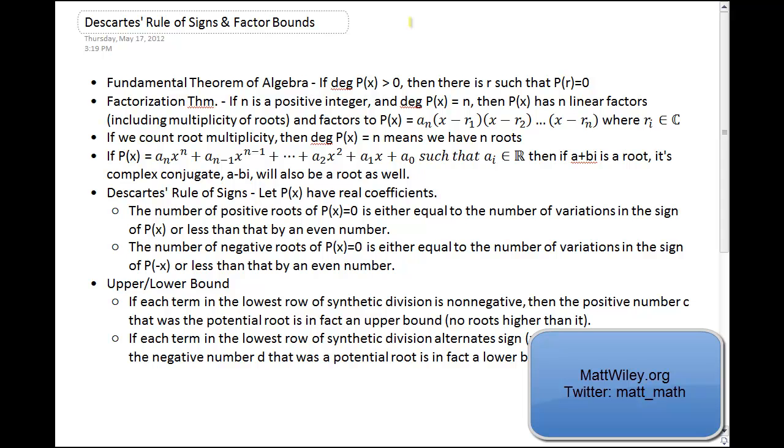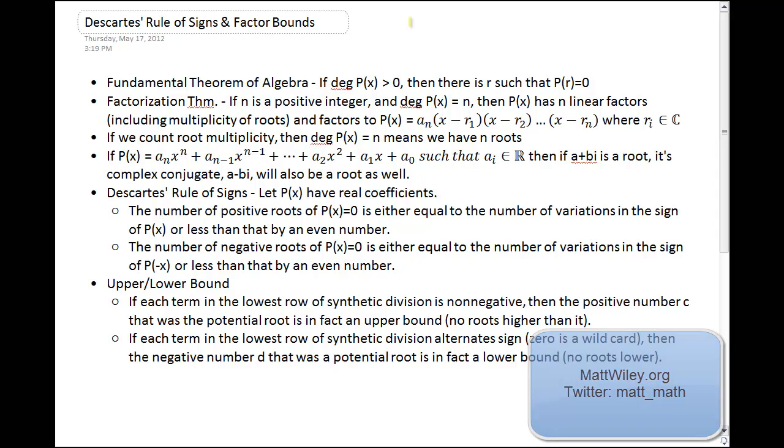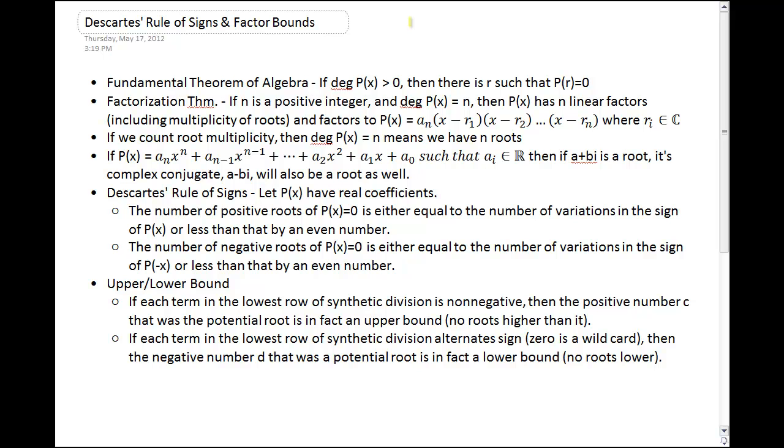In this next section, we're going to consider Descartes' rule of signs and factor bounds. These are going to be tools and techniques that let us look at a polynomial and really get down to a sort of theoretical understanding of what it does and what it's going to do. We understand this section well, and that's going to take a little bit of time and practice, but